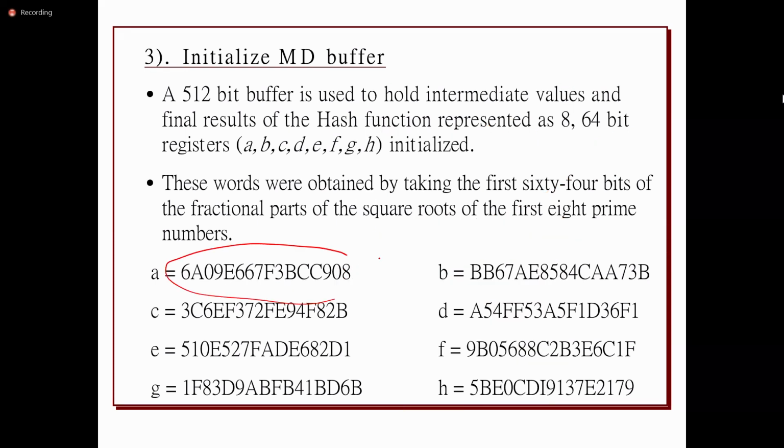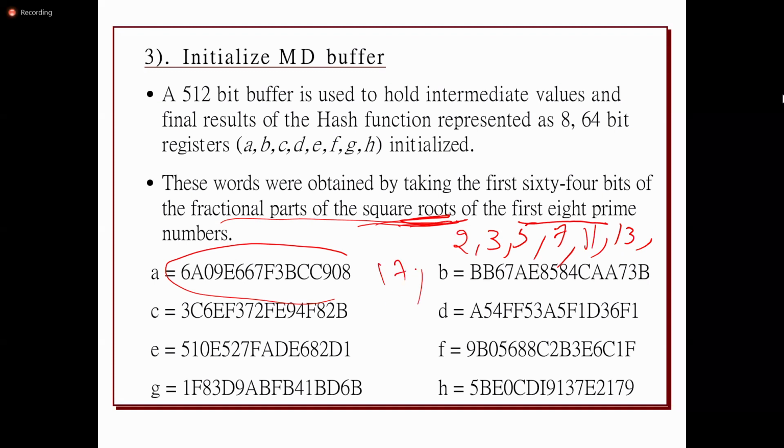The value it is going to take in each buffer is the fraction parts of the square roots of the first 8 prime numbers. So what are the first 8 prime numbers? Like 2, 3, 5, 7, 11, 13, 17, 19. So these are the first 8 prime numbers, right? It is going to take the square root of each number. Whatever square root value it gets will be represented in binary format, taking the fractional part of the square root. What is the square root of 2?